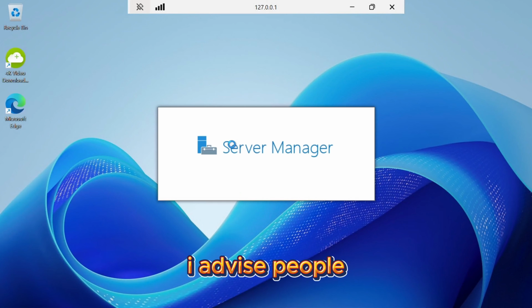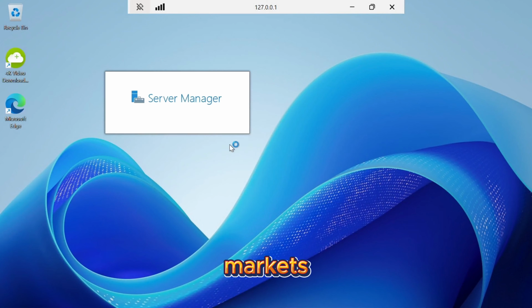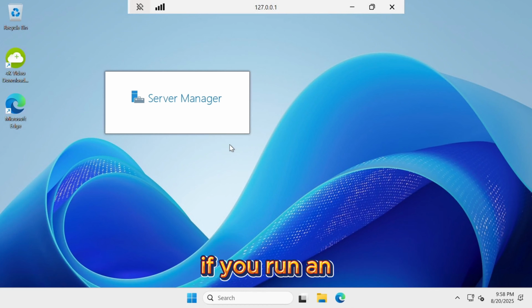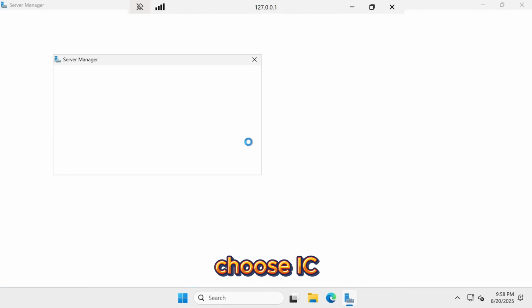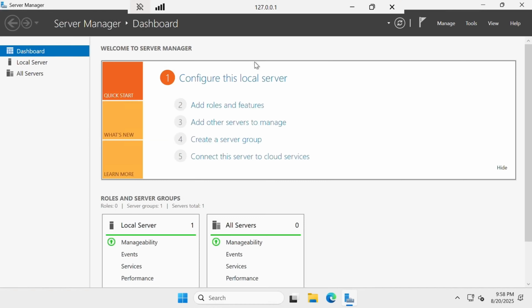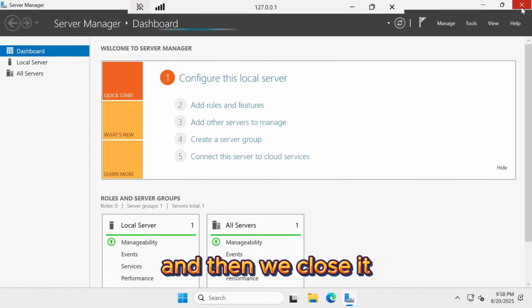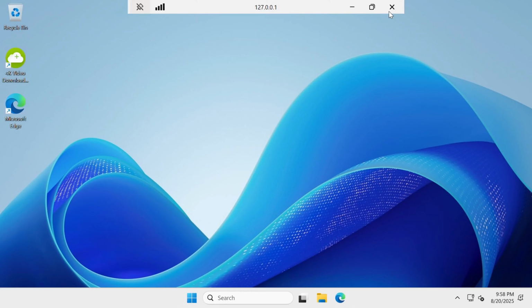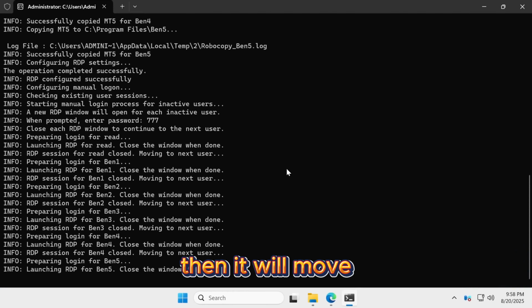I advise people, and for myself, to use IC Markets because they have the best spread, almost zero, if you run a raw account without any spread. So for myself, I always choose IC Markets. And then we close it from here, and then we close the connection from here. Then it will move automatically to Ben 5,